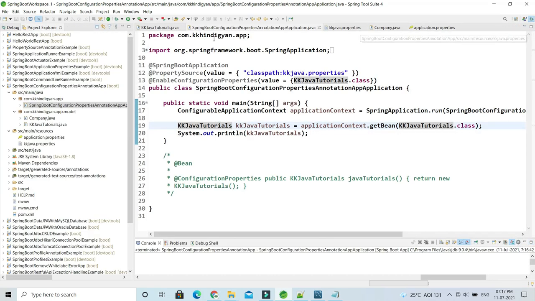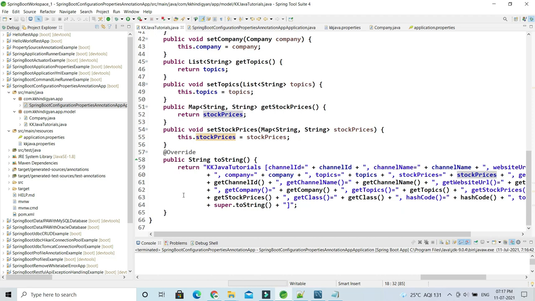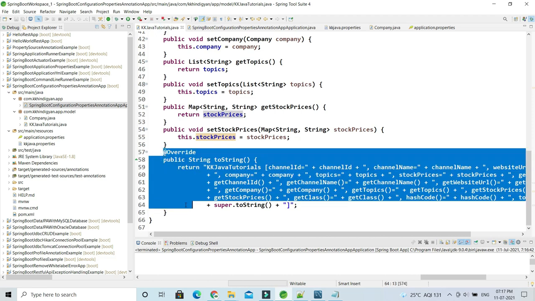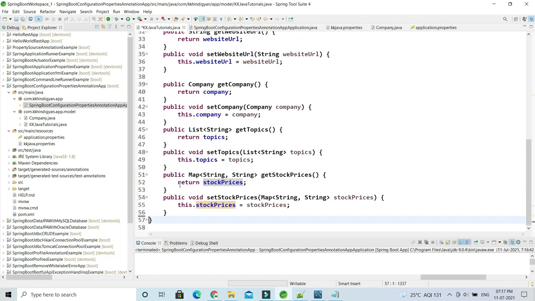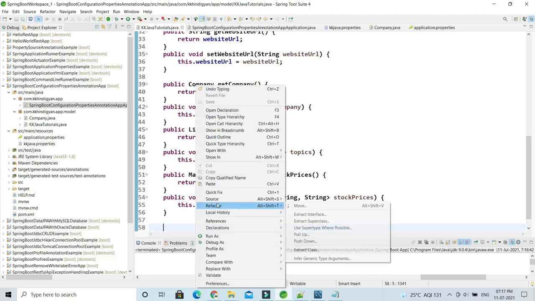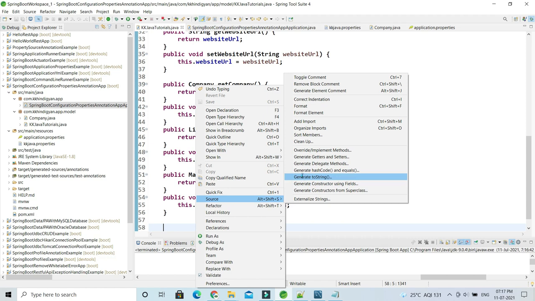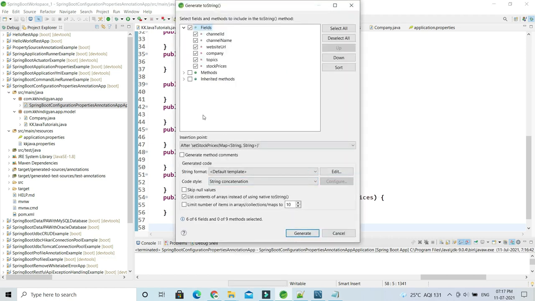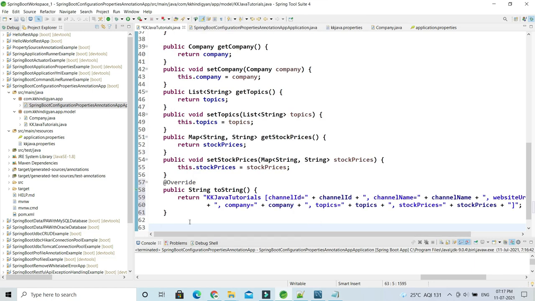So what you can do, guys, you can go to here, and the toString method is not overridden properly. So I have to go over here and override the toString method properly. So go to the source, and here generate toString. I had selected this one method as well, so I was not selected, only I need to select the properties.